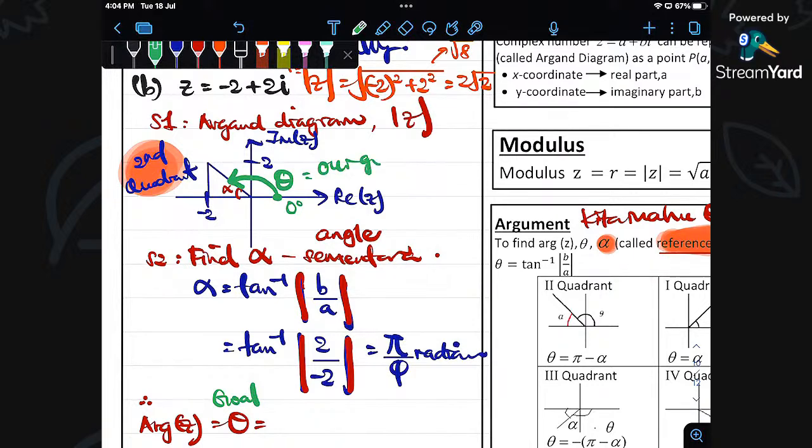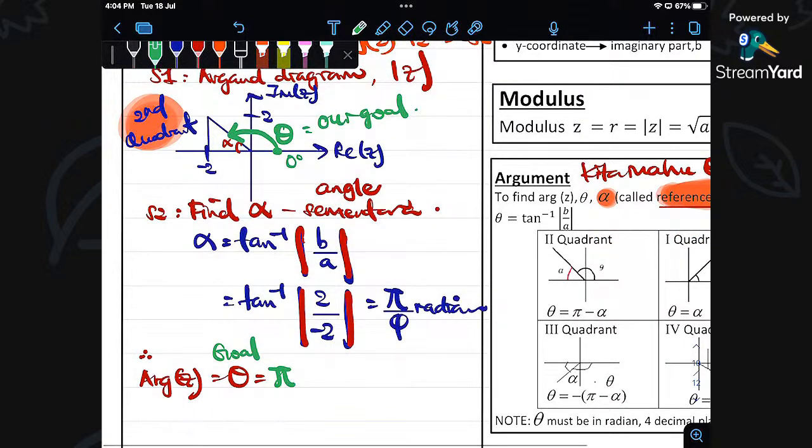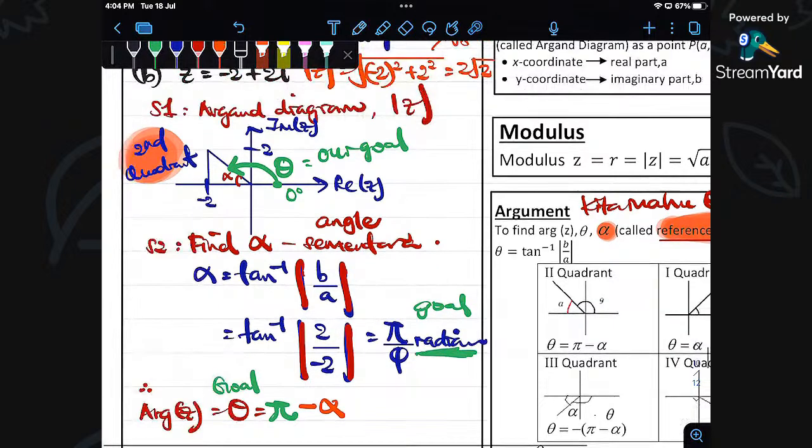This is our goal. Our goal is at the second quadrant. Therefore, theta adalah pi, iaitu 180 degree minus with the alpha. The thing is, we do not want to use 180 degree. 180 degree bermaksud pi. Sebab kita, again, our goal is as well in the radian. Therefore, it should be returned in radian minus with alpha. Okay, apabila 180 darjah, 180 darjah tolakkan dengan alpha, maka dapatlah the angle that we want at the second quadrant